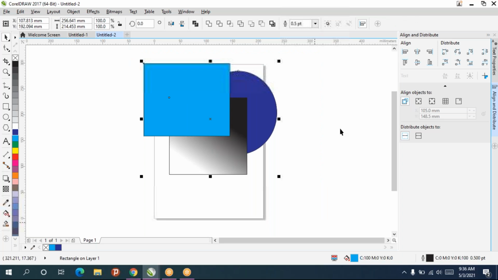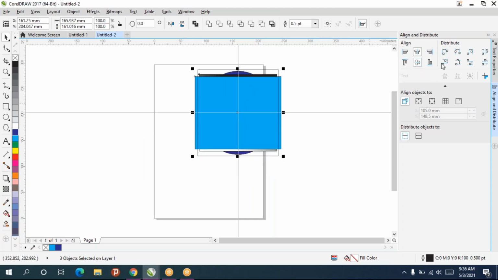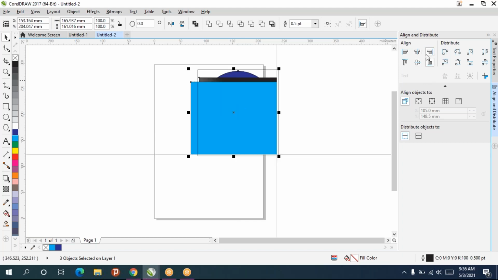Now I'll select all of this. I'll keep it center. So everything will become centered, not according to the page center, but within these objects, and the middle. And according to the top, bottom, right, left. For all of this we have shortcuts.